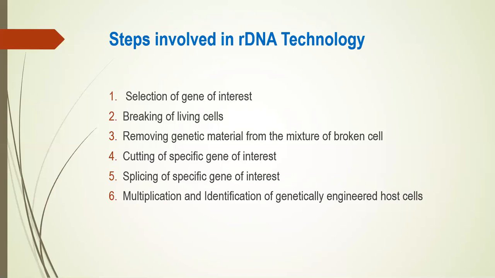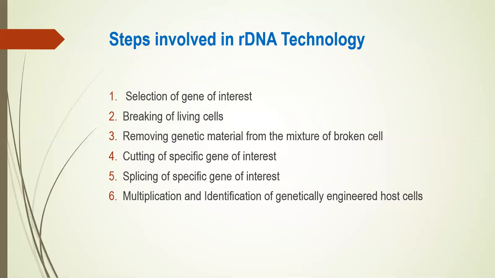The third step is removing genetic material from the mixture of broken cells. Next is the cutting of the specific gene of interest. Fifth is splicing of the specific gene of interest. And the last step is multiplication and identification of the genetically engineered